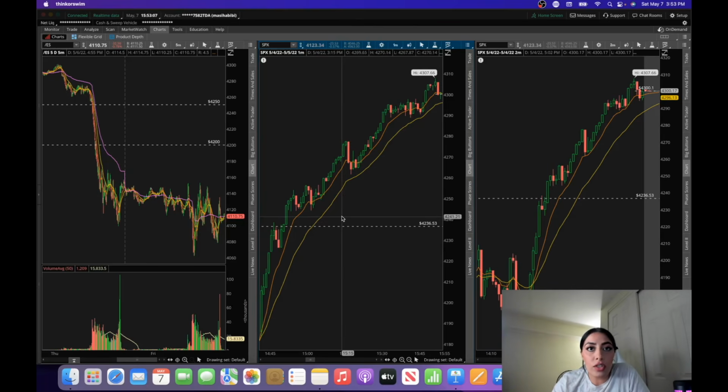Do not monitor your trades on SPX on the 1-minute time frame. You will 100% get shaken out. If you switch to the 2-minute time frame, this was a game changer for me. It completely organized the chart way better for me. I do not get shaken out of SPX. I'm able to hold my trades longer. I'm able to scale out properly and follow my trading plan all the way through without getting shaken out of